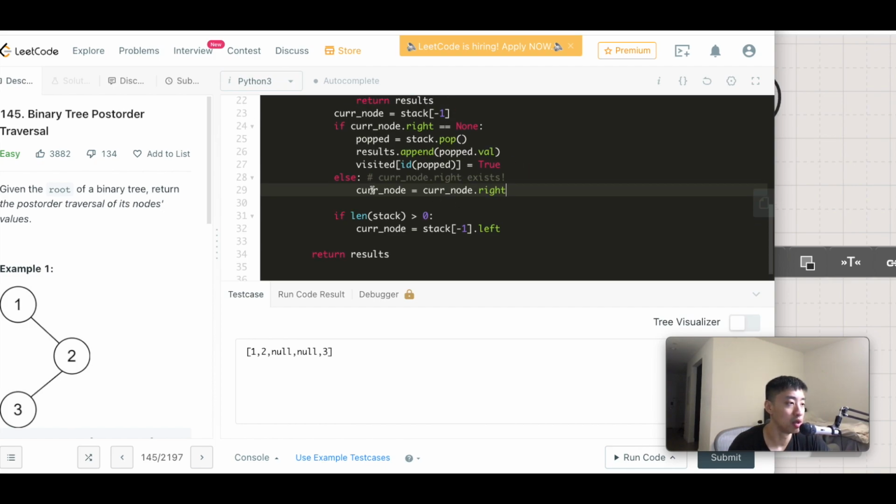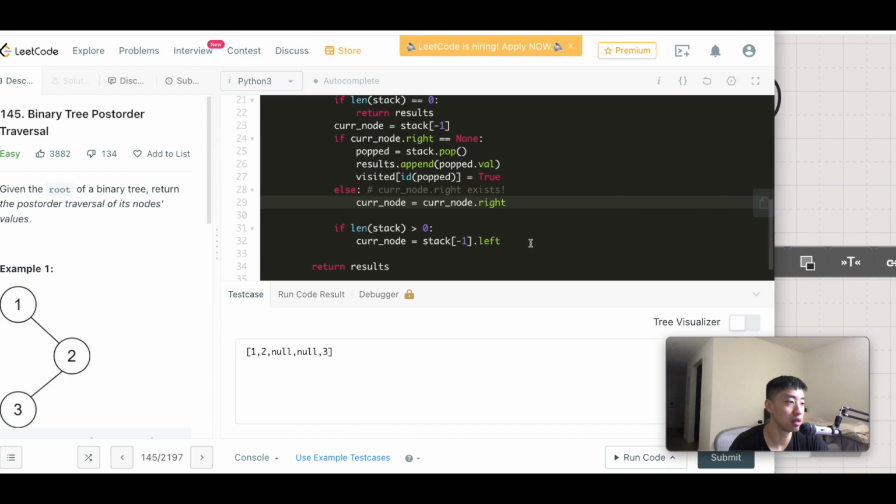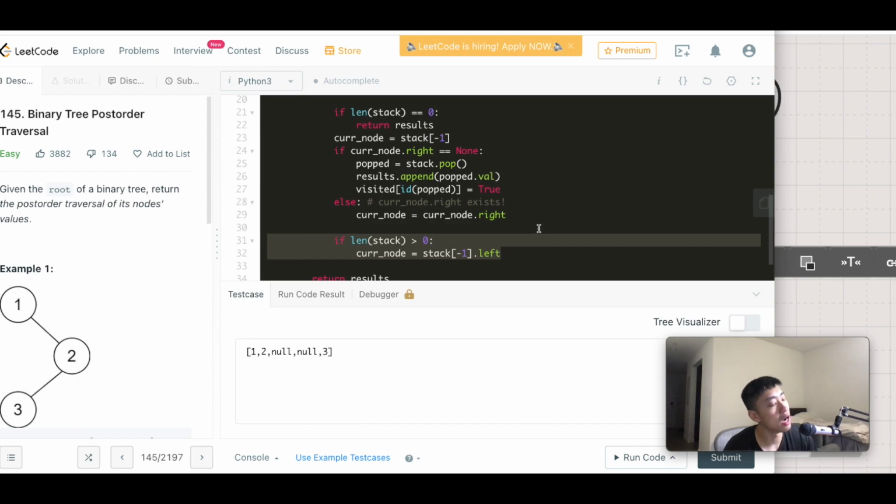Okay, so not push it on the stack, but set it. But we have an issue here. So if length of stack is greater than 0, current node is the peek value, the last value in the stack, the left child. In this case, I think this was a remnant of something. Let me check. Was it up here? I'm trying to remember. So if current node.right is none,